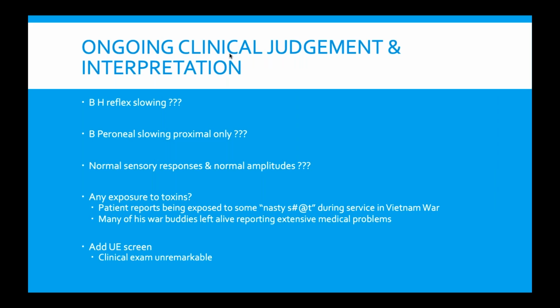So now, taking a second look at the data, we can see that we had bilateral H reflex slowing. We had bilateral peroneal slowing only in the proximal segments, but the amplitudes were normal. Most of the polyneuropathies tend to affect the amplitudes first and the sensories first. As with this case, he did have hypothyroidism, which can affect the amplitudes, but that was not the case in this person. I did some more digging into his history, and as we were talking, a very nice guy,